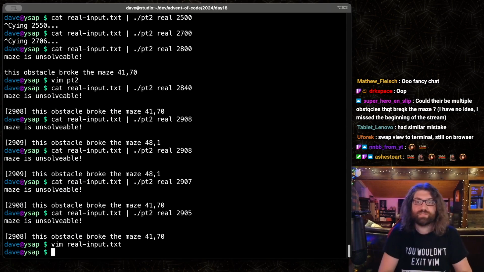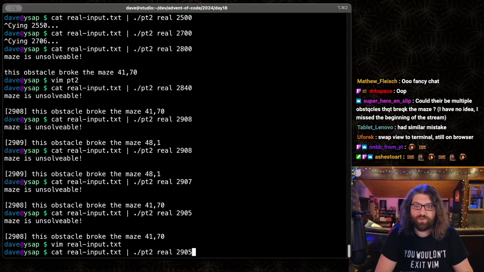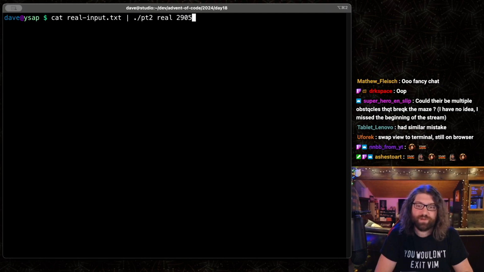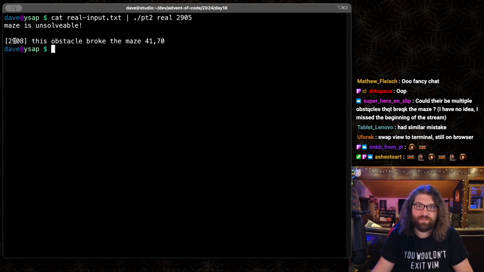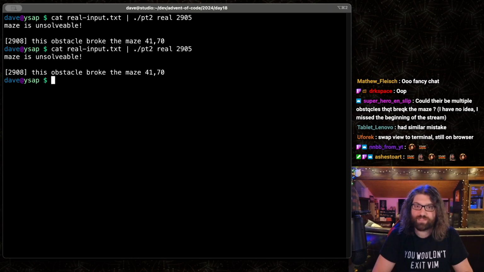Good call. Yeah, so all I was doing here was iterating forward. I added some debugging, so now I print the line I was on that caused the obstacle to break. If I start at 2905, it counts its way up, gets to 2908, and breaks because there was an obstacle at